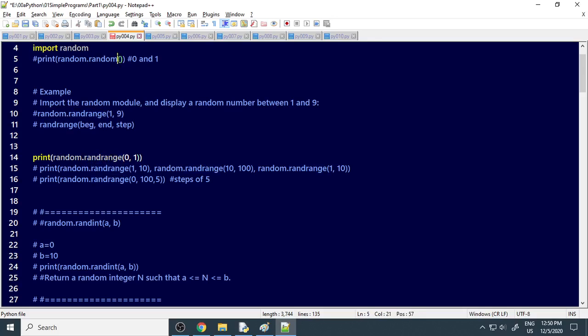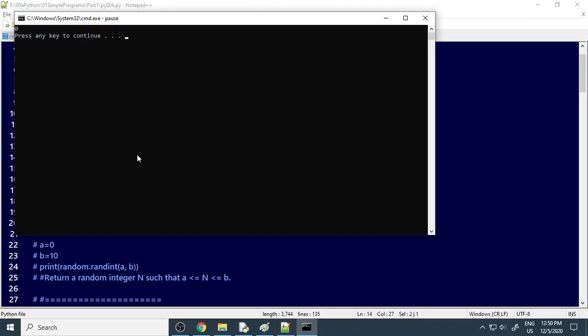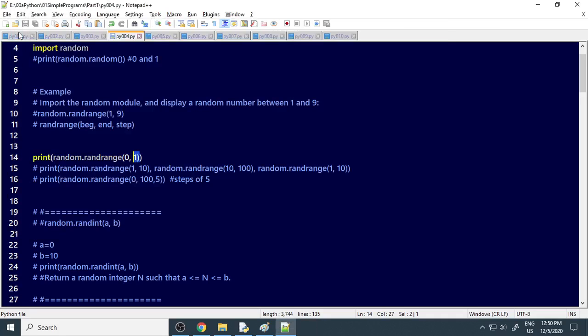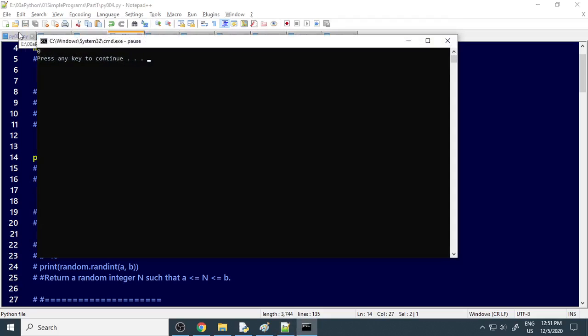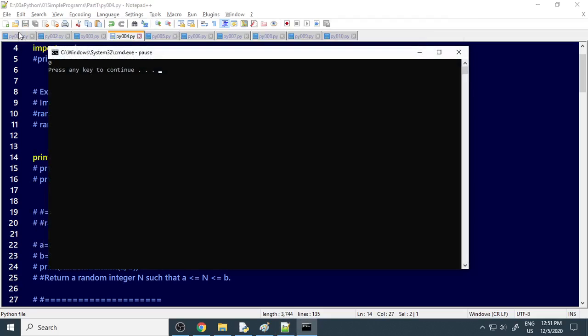Earlier it's random, which gives a decimal value, whereas in this case it is randrange. What numbers are you giving? This is the starting number and this is the end number, between these two. Now in this case we want 1 or 0. First time it's giving 0. Now again I will run this. 0 again, sorry.